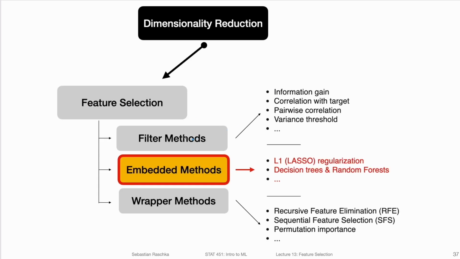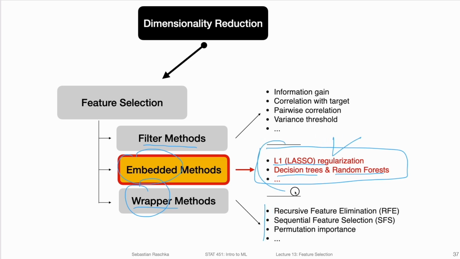So the broad category of feature selection, just once more: we have the filter methods, the wrapper methods, and today the focus is on the embedded methods. Last week, the lasso or L1 regularized regression, and now the decision trees and random forests. And once we have these parts done, once we check those off, we will move on to the wrapper methods, where we will talk about methods where we use explicitly an algorithm to do the feature selection. And again here, the feature selection is part of the algorithm.